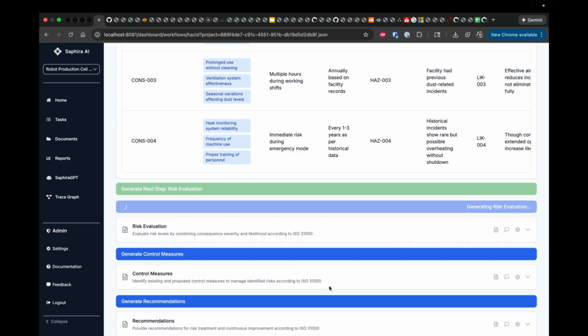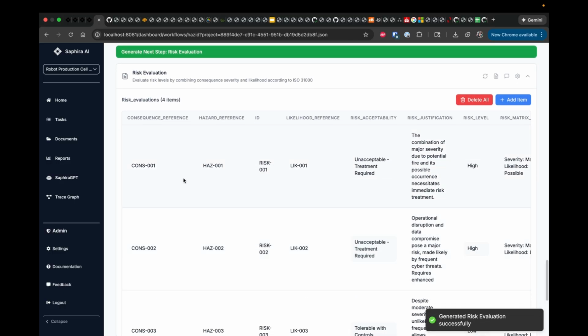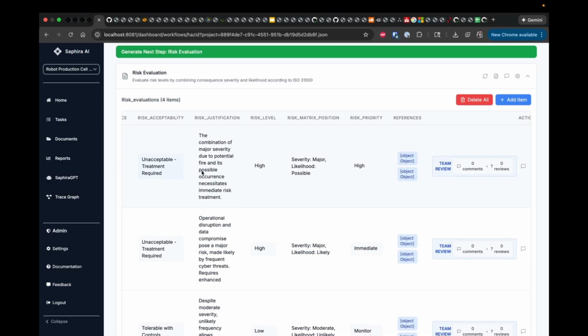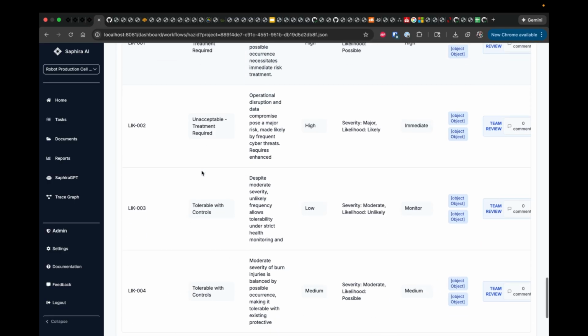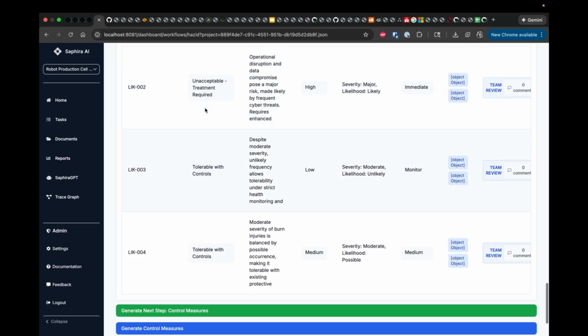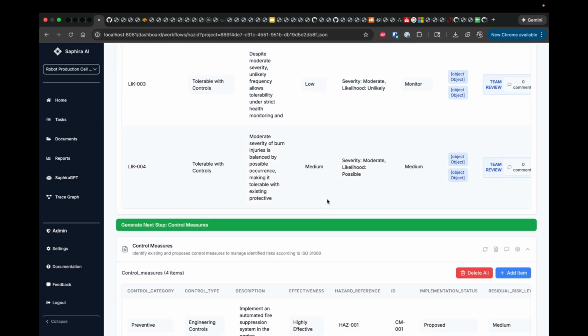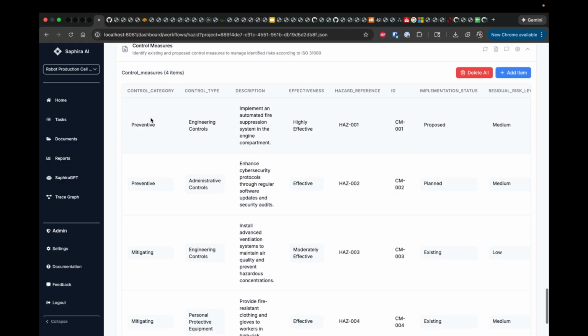Let's continue with the risk evaluation. Here we have the risks. We have a particular consequence, a hazard, a likelihood, a risk acceptability, and the justification, which means that when we go to generate the controls in just a minute, you're going to get some nice controls in place for these unacceptable risks. And here we have it. We have some preventative controls, engineering controls like a fire suppression system. We have